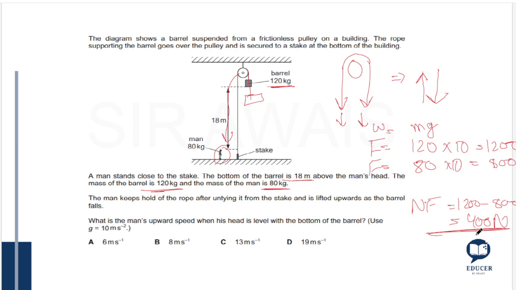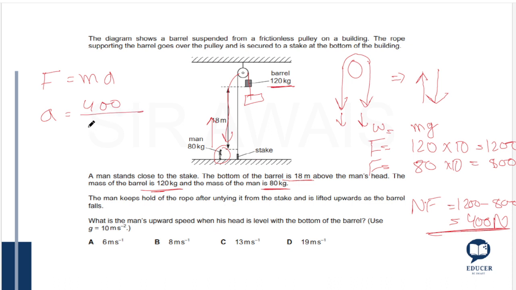Now when we have the net force, we can use Newton's second law, which says F is equal to ma, to calculate the acceleration. Acceleration of what? The acceleration with which this person will move in the upward direction. Once we have the acceleration, we can easily work out the velocity. So acceleration is going to be